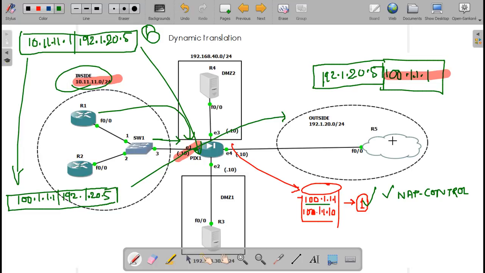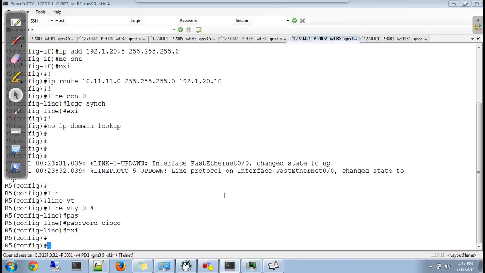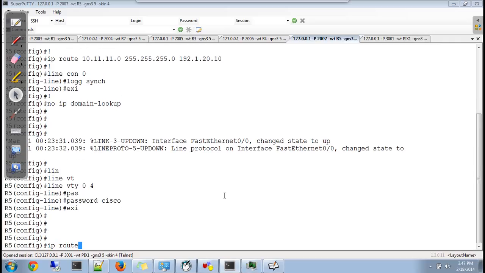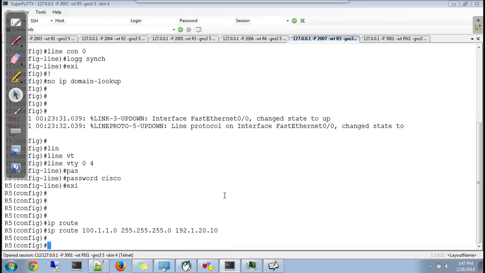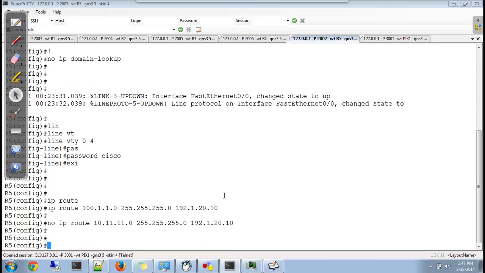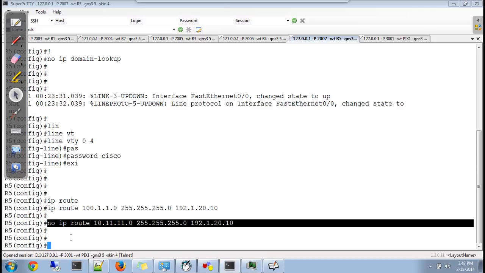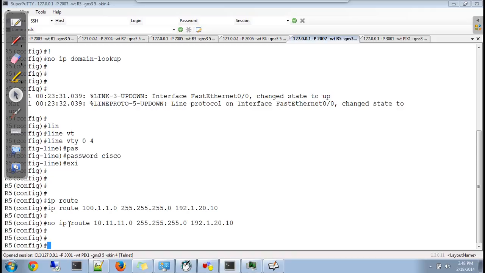You need to add a static route saying where is network 100. You can reach network 100 by sending your packet here. So for this reason, I'll go to R5 and I'll say IP route 100. This static route will be in real device or not? Yeah, in the real network, this is how it will be. You will not have this route. This will not be there. I had told you I will be removing this route. I have removed it. This was just for the example. Okay. So this will be your real table.